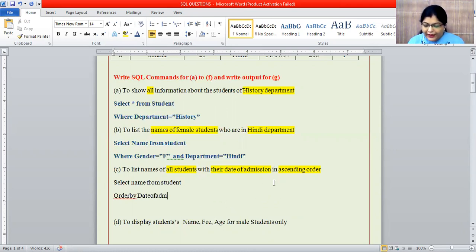By default, it is every time in ascending order, so there is no need to write ascending. But when it is in descending order, you have to write DESC, descending order.